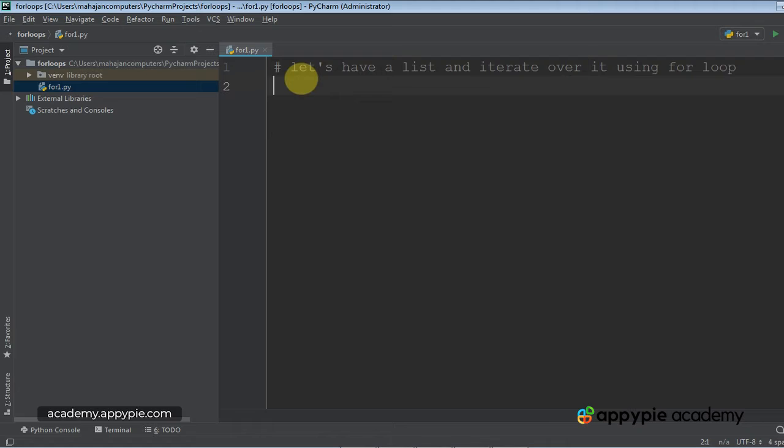So I'm going to have a list. We have already studied about list in the previous lectures. Now I am taking the list with the name subjects and I am going to give the values to the elements: physics, chemistry, and let it be biology. So there are 3 elements in the list, and using the for loop I will be iterating through these values.